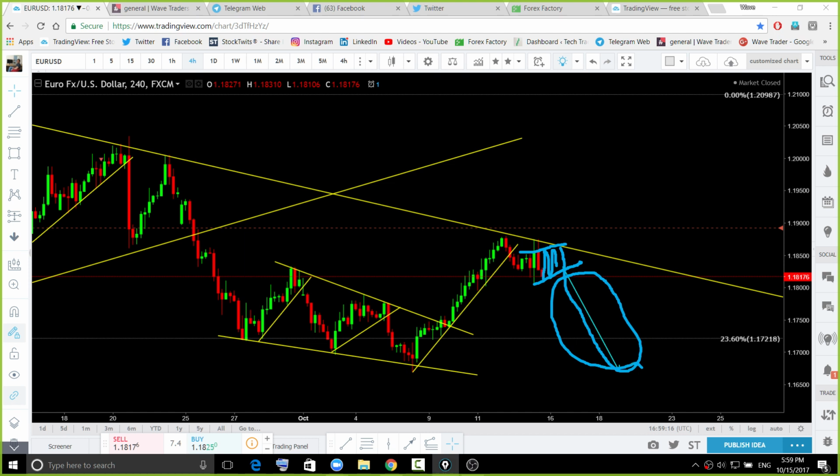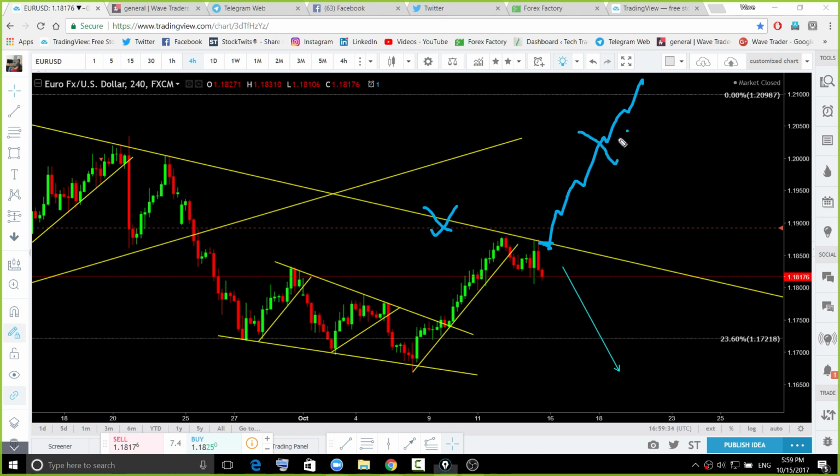If this is going to happen, where is the place we need to look for? Price action at that top. Watch that top and look for that trade. If it breaks above this area, this trend line, it can push back to the top.